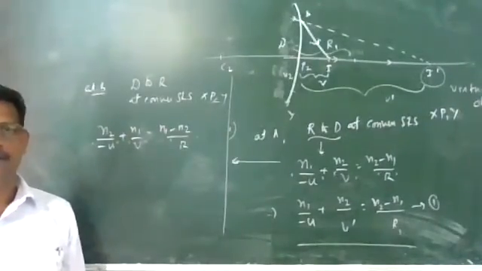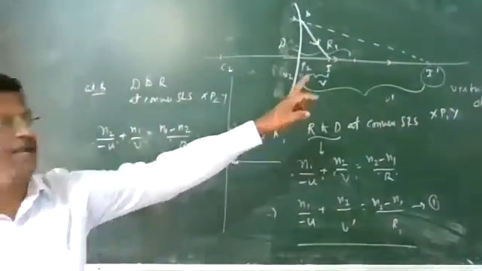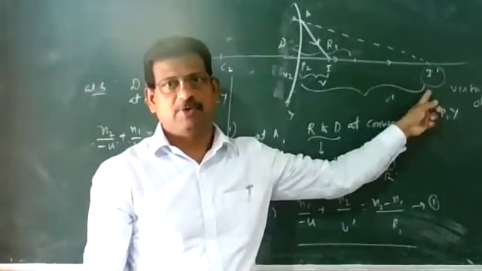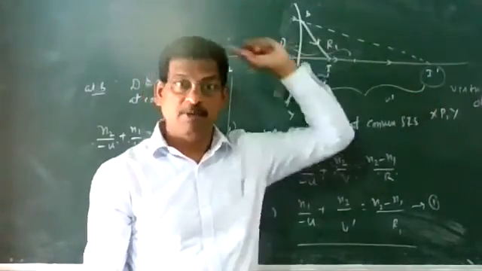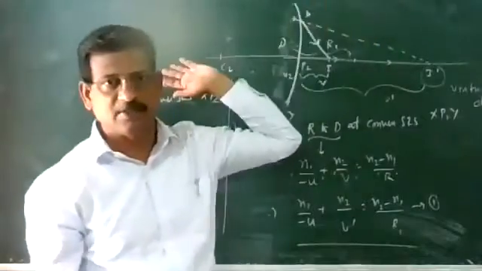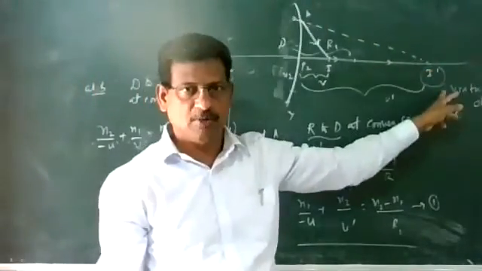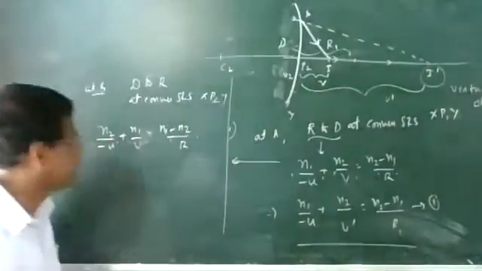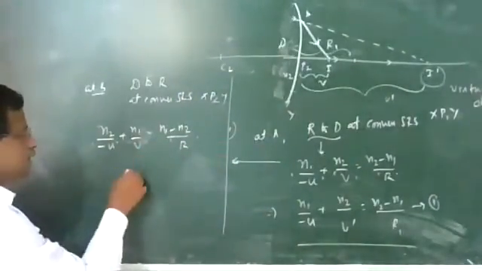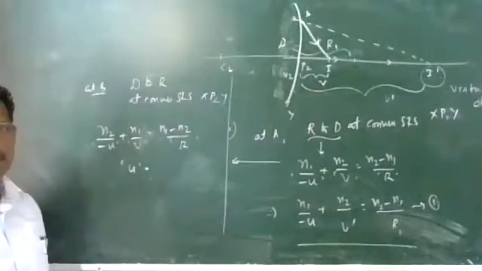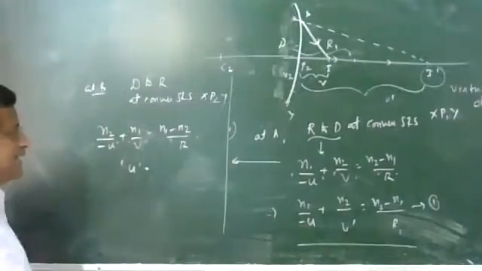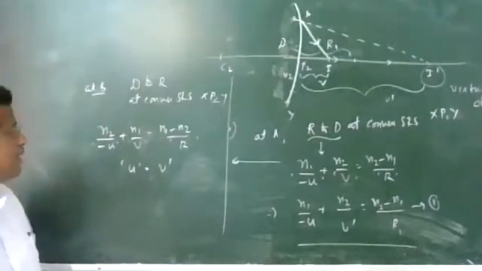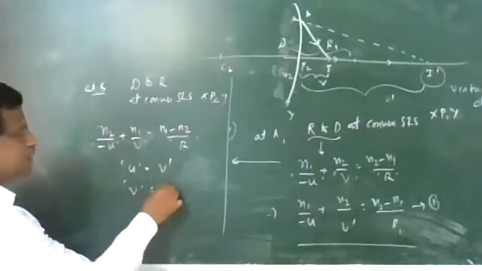For the second surface, v dash will act as the virtual object, the image formed by the first surface. Its work is done, so we remove that surface. So this will act as a virtual object, and its image will be formed. Here u means the virtual object distance, that is v dash. V is the final image, that is v itself.